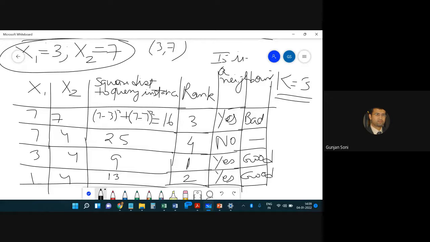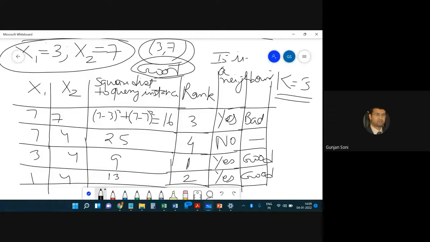Now, the simplest rule is to see that in k equal to 3, 2 are good and 1 is bad. So we take the majority. It is labeled data and categorical as well. So in 3, 2 are good and 1 is bad. So this tissue 3,7 can be put in the category of good. So it is classified as good.